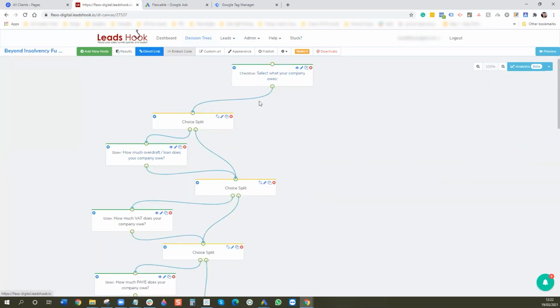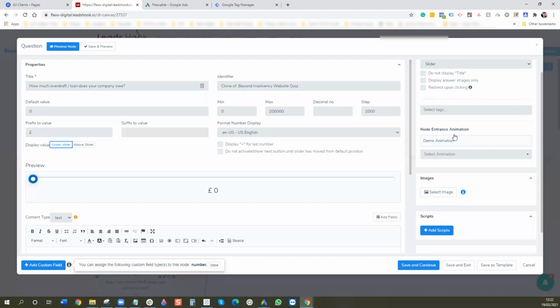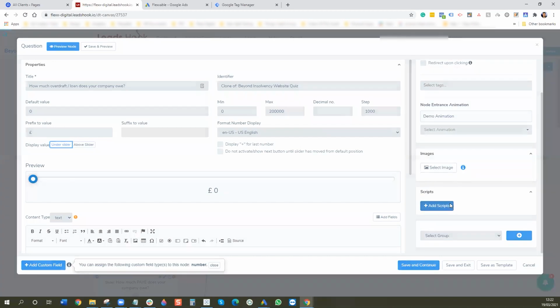And you want to put it onto the second node. So on this one, I'm going to have to put it on a few of them, but it should just be your second node. So you want to add scripts,